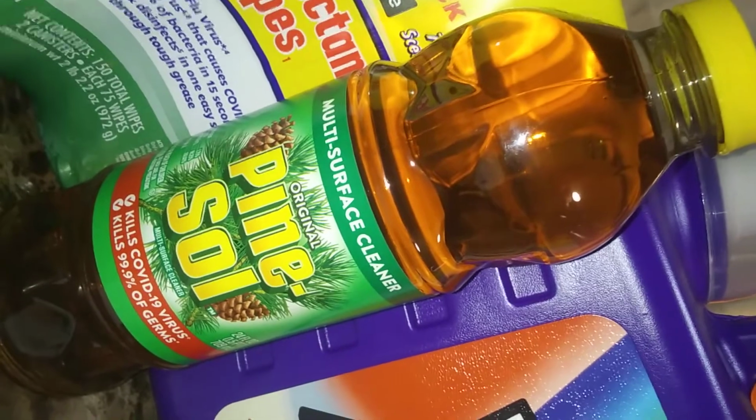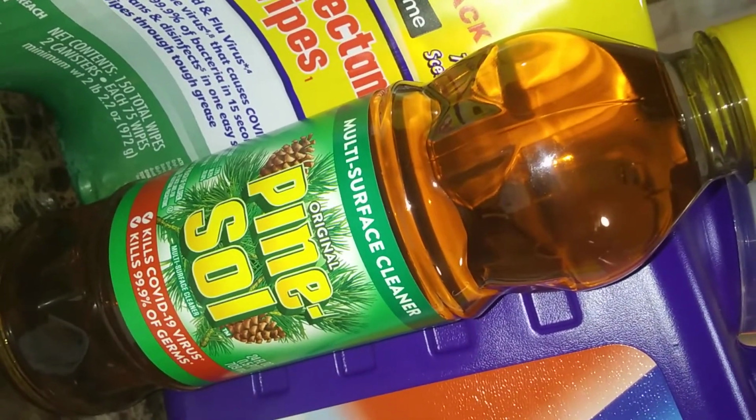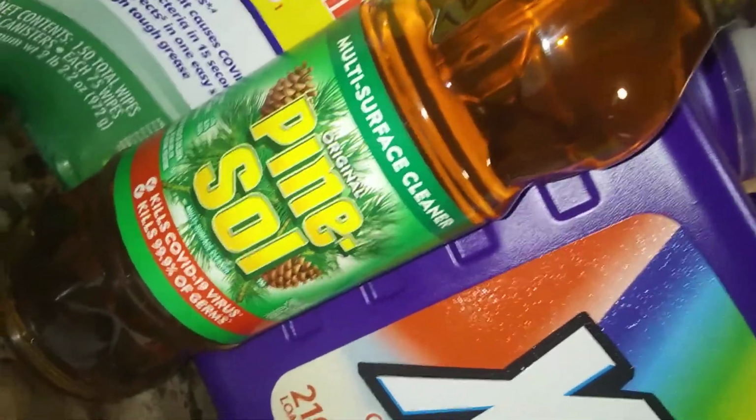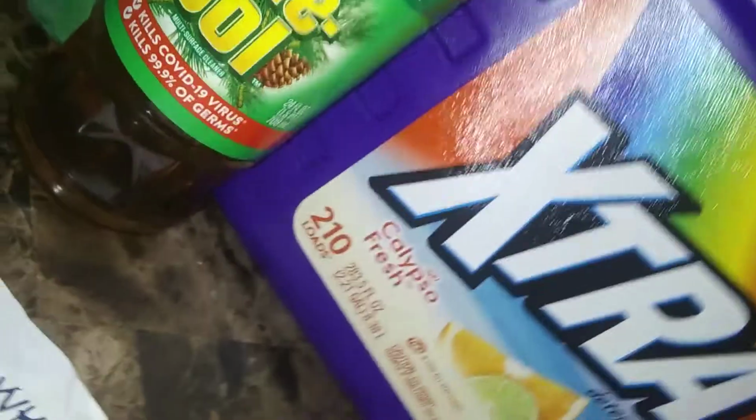So there's lots of different uses for Pine Sol. Some people like all the new stuff because it smells really good, but I like to stick to the old-timey, old-fashioned stuff, and you know it's clean if you cleaned it with Pine Sol. So my haul for this time was